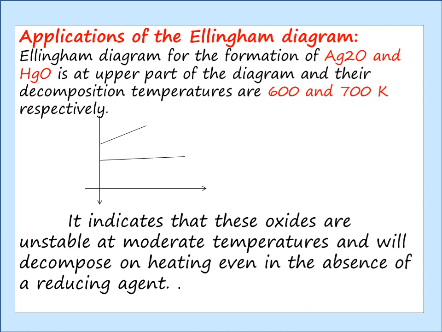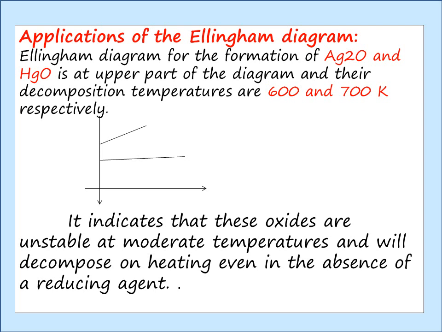What are the applications of this Ellingham diagram? If you observe this diagram, we already know that the Ellingham diagram is a graph drawn between temperature on the x-axis and delta G naught on the y-axis. We know that a metal oxide is stable only at a high negative delta G value. The straight line given in the graph is the graph for the formation of carbon dioxide. And above that 0, you have a slanting line which is meant for either silver oxide or mercuric oxide.